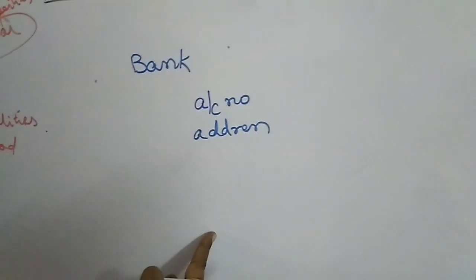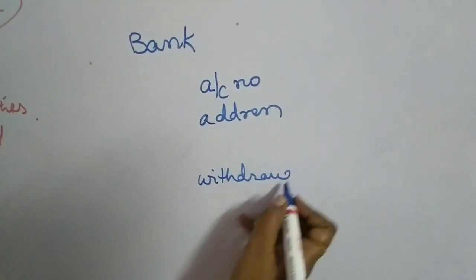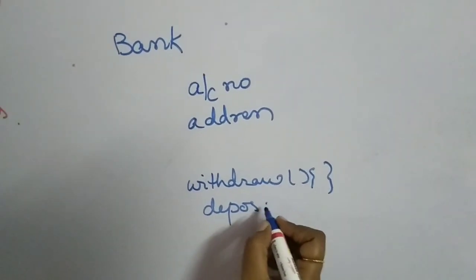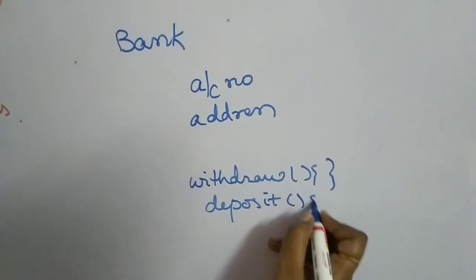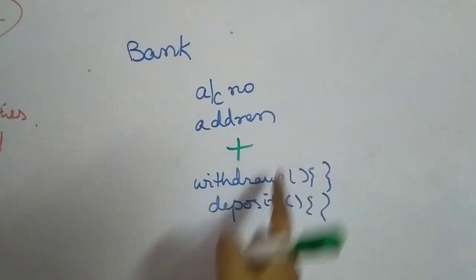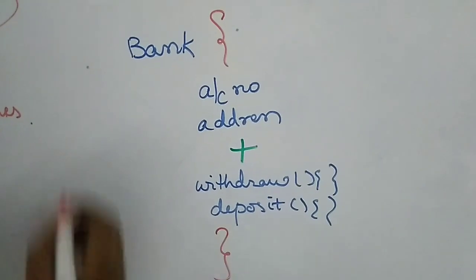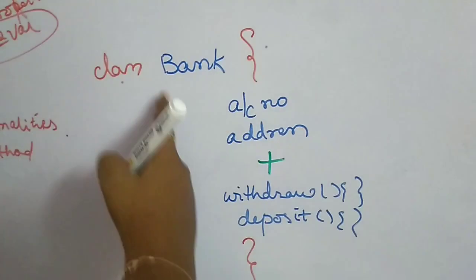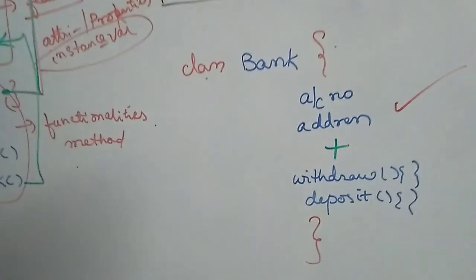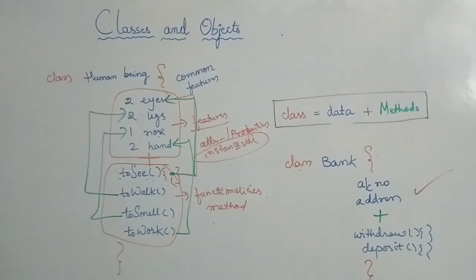And what are the functionalities that you do going to the bank? We will do withdrawal, so withdrawing or depositing. So these are all the functions that will be there. Now the combination of your features plus your functions together will form your class, and just put the keyword class in front of this, which will become your Java programming class. So this is all about how to create or how to construct a class, friends.